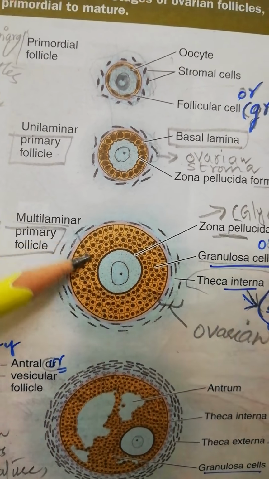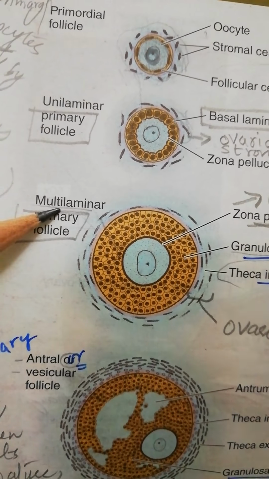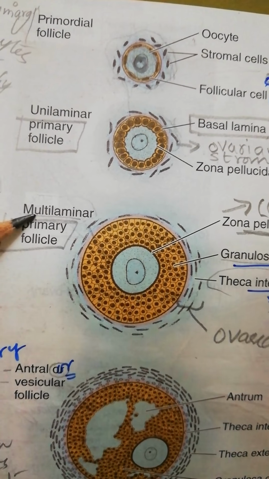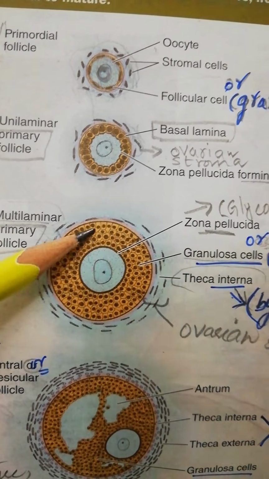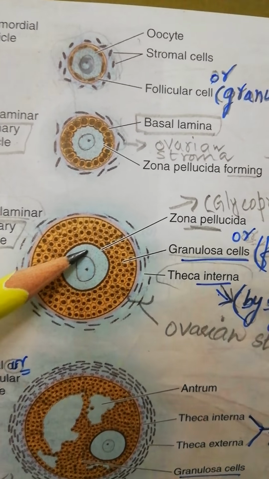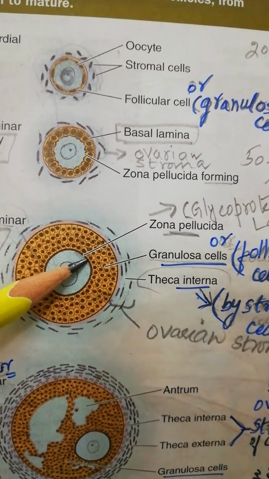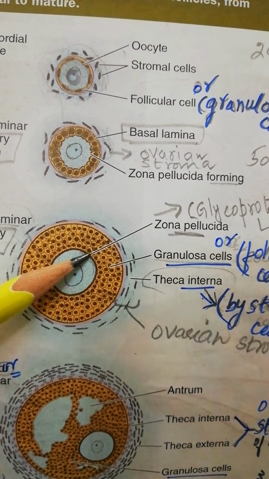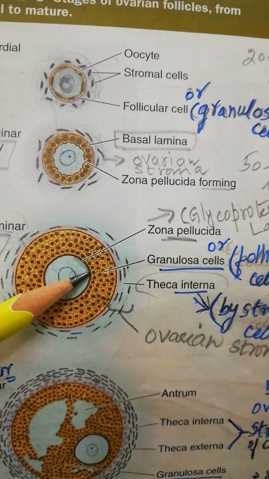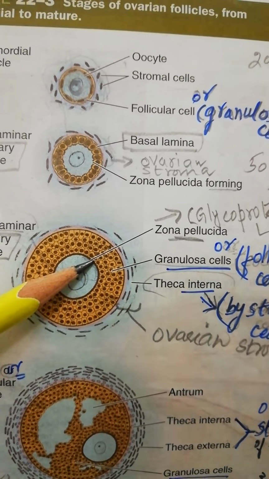But what is going to happen here in the follicular layer or granulosa cell layer is a stratification, and now a multilaminar layer has come into action, or is being produced. And you can see they are encircling the oocyte. There is another important thing: an amorphous homogeneous glycoproteinic layer in between the oocyte and the granulosa or follicular cells. This is known as the zona pellucida.